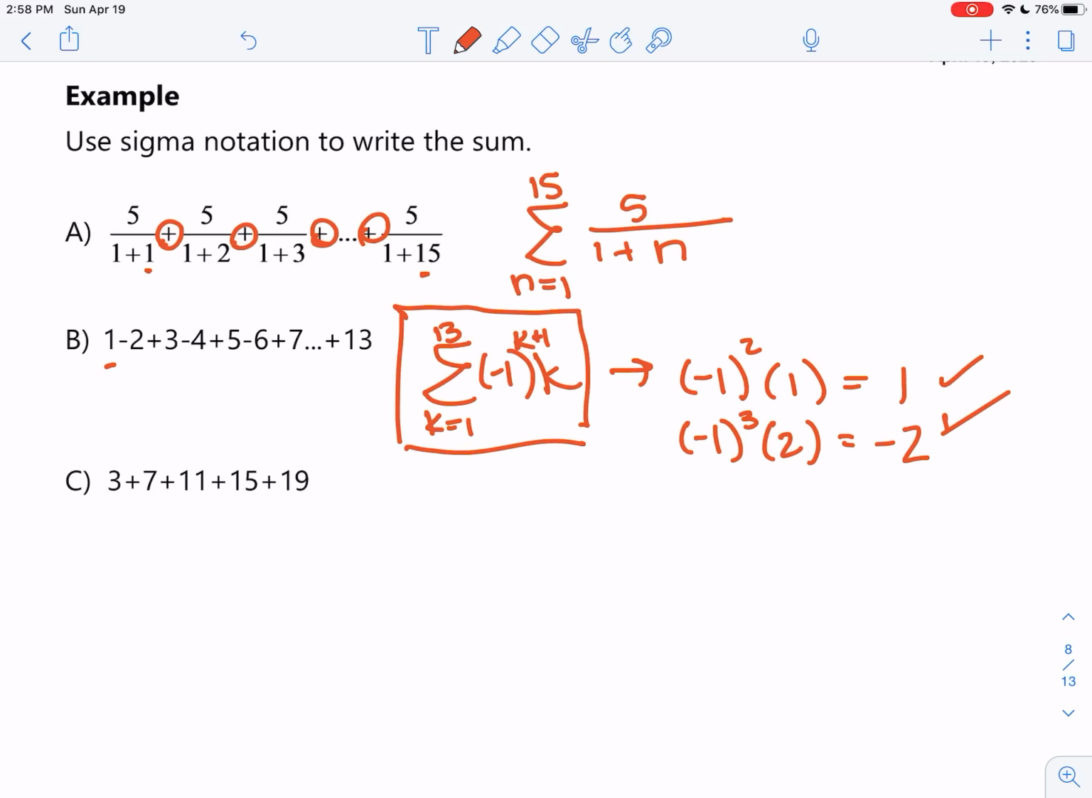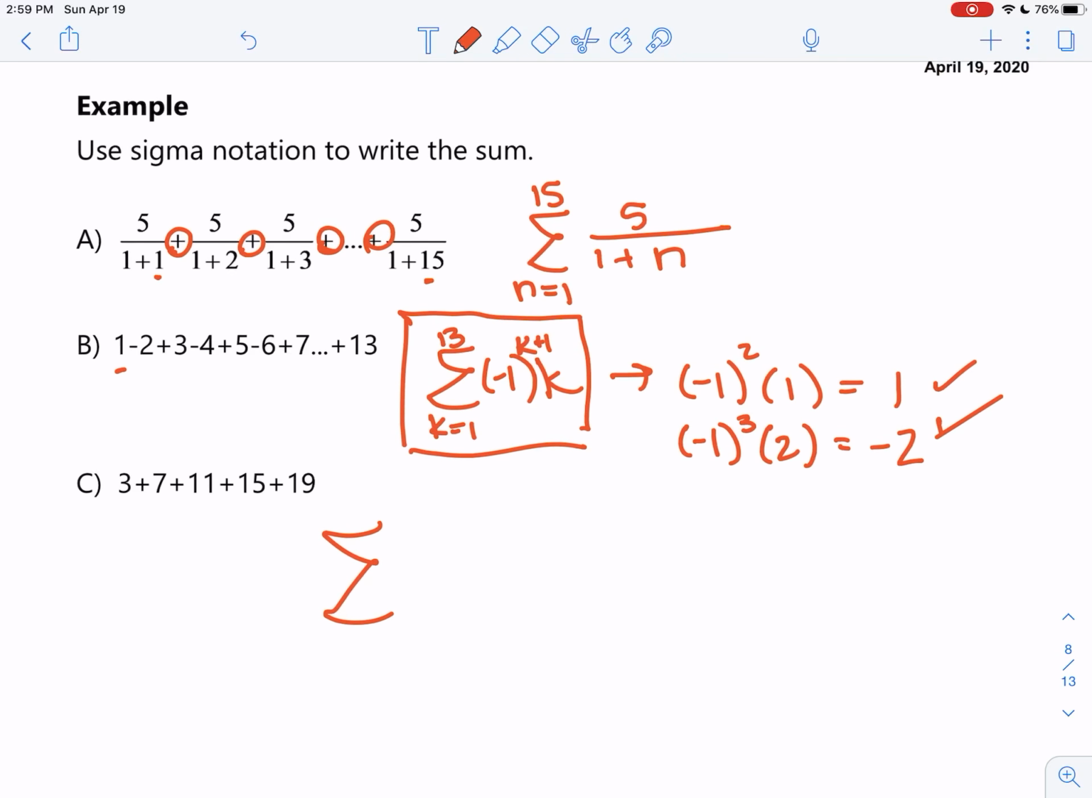All right, let's try this last one. I've got 3 plus 7 plus 11 plus 15 plus 19. Does this look familiar at all? Or do you notice anything, maybe I should say? So do you notice that we are adding 4 each time? This is arithmetic, right? So maybe let's start with something like this. Let's start with 3 plus